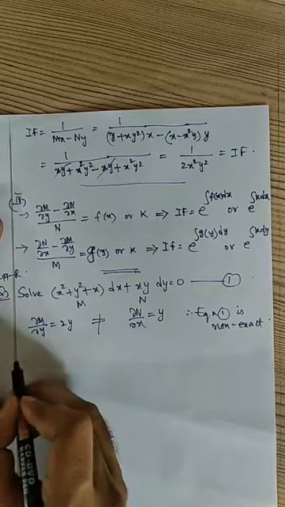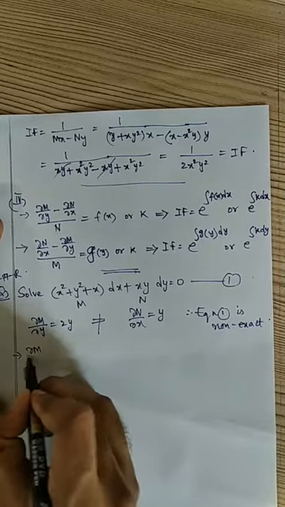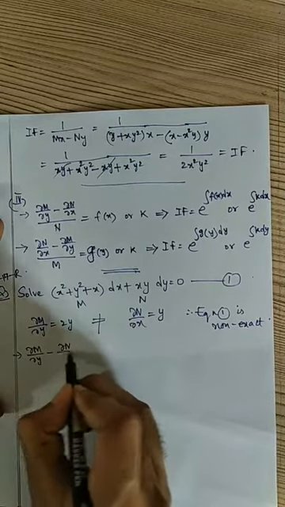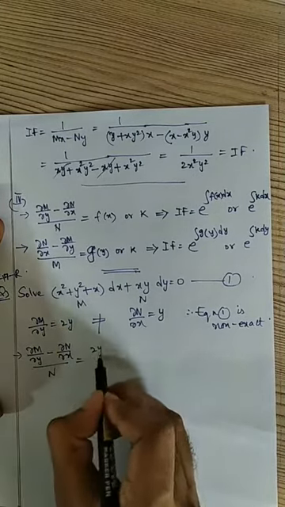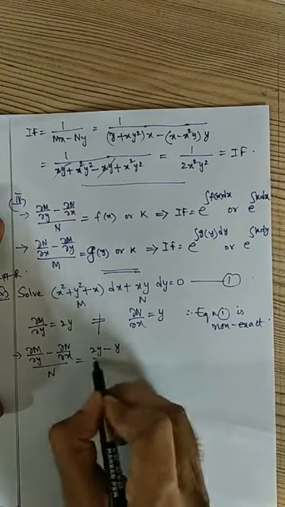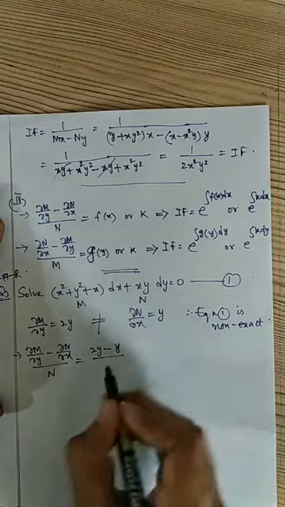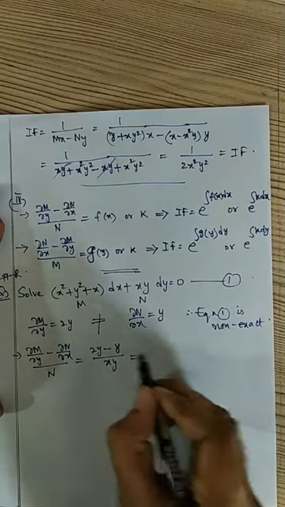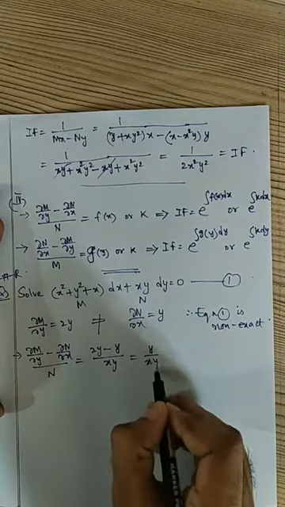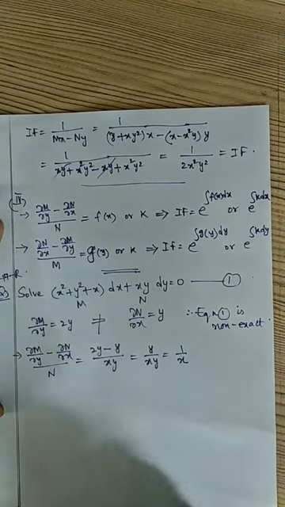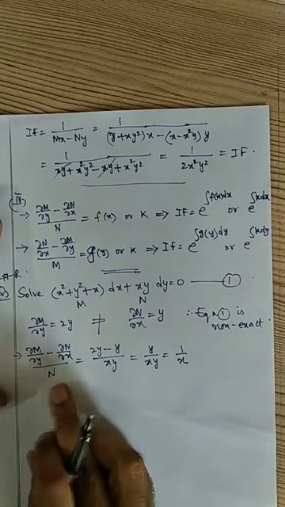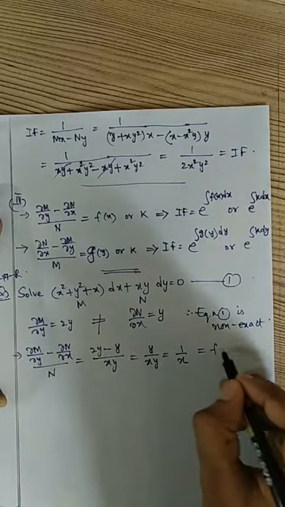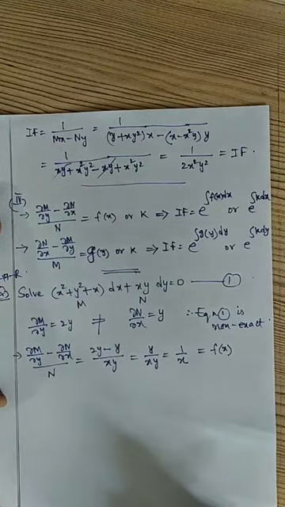But the fourth method, what we have to do? First we have to find dou m by dou y minus dou n by dou x, by n, which is equal to dou m by dou y, given by 2y, minus dou n by dou x, which is given by y, by n. N is xy. Simplify this. 2y minus y is y by xy. This is equal to 1 by x. So the integrating factor is found from this dou m by dou y minus dou n by dou x by n. If you find, we are getting an exclusive function of x alone, it is not a constant.